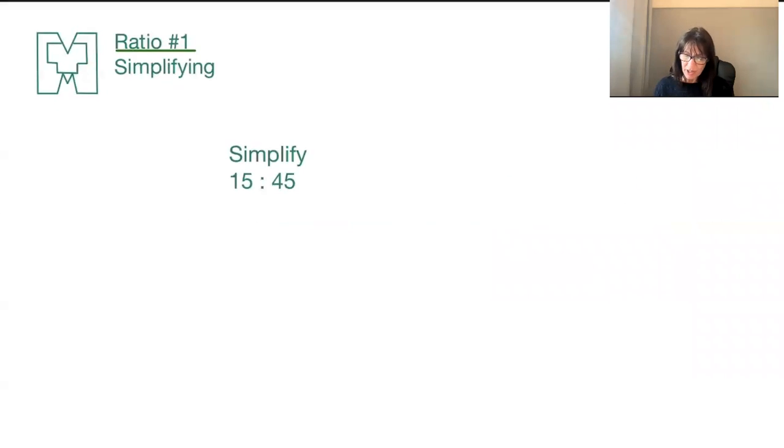15:45. So for this, you're looking for a common times table. When we're simplifying, it's a bit like cancelling fractions. What we do to the top, we do to the bottom. So in this, what we do to the left-hand side, we do to the right-hand side. So you look for your common times table. They both end in 5, so it may be that I spot the 5 times table here, and I will divide by 5 on both sides, which is going to give me